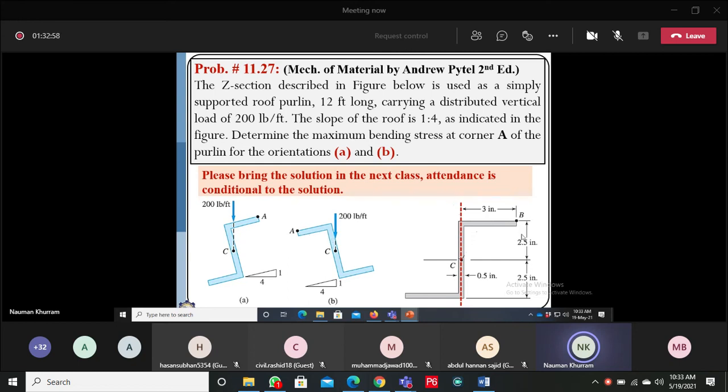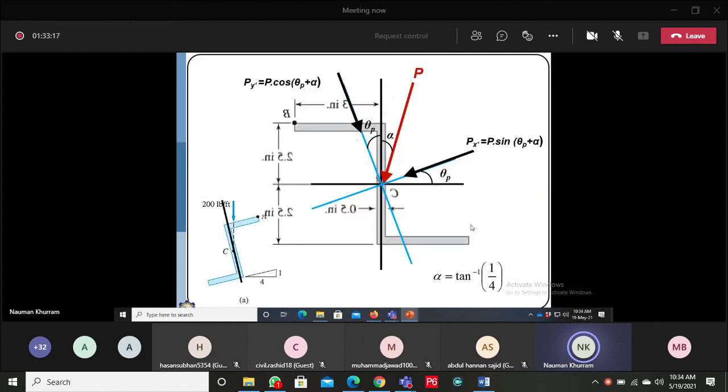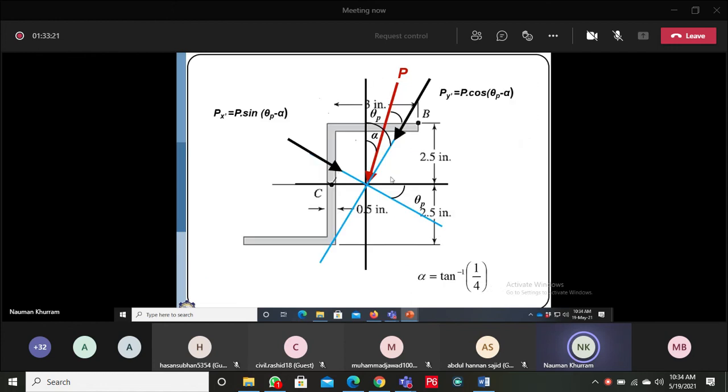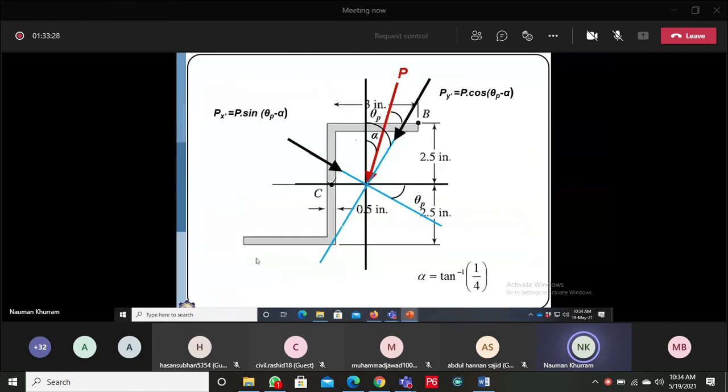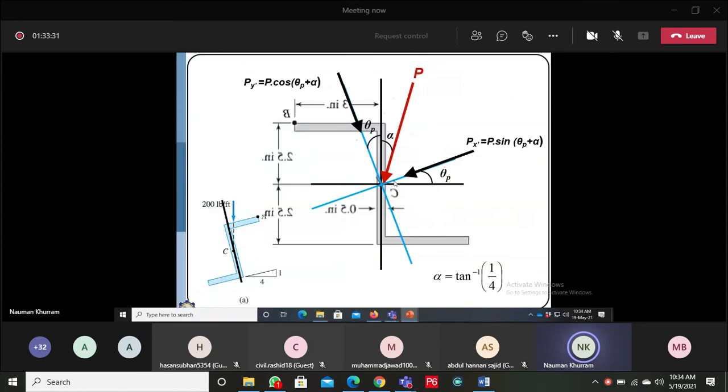So the dimensions I have given: 2.5 is the distance from the central axis to the top surface and bottom surface, and the dimension from the centroidal y-axis to point B is 3 inch, and thickness is 0.5. Here I have given a little bit of explanation. For example, if you are using this orientation B, and for example this orientation A. So in this orientation A,